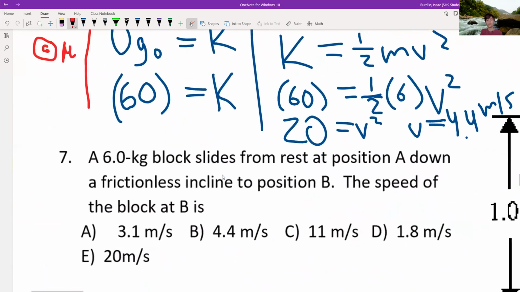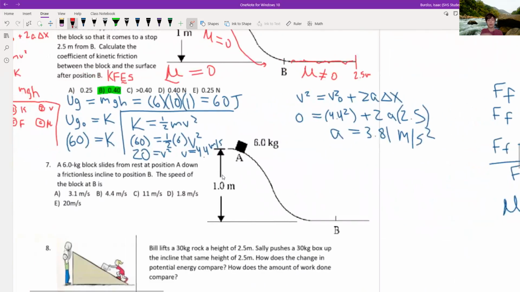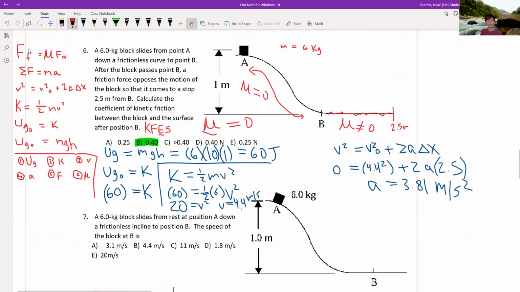So as you can see, sometimes they can be pretty tricky. You have to do a lot of steps, but just do what I did. Think of all the equations you can use. If you're like, great, I don't know that, well, think of another equation to where you could find that out. All right, then, well,